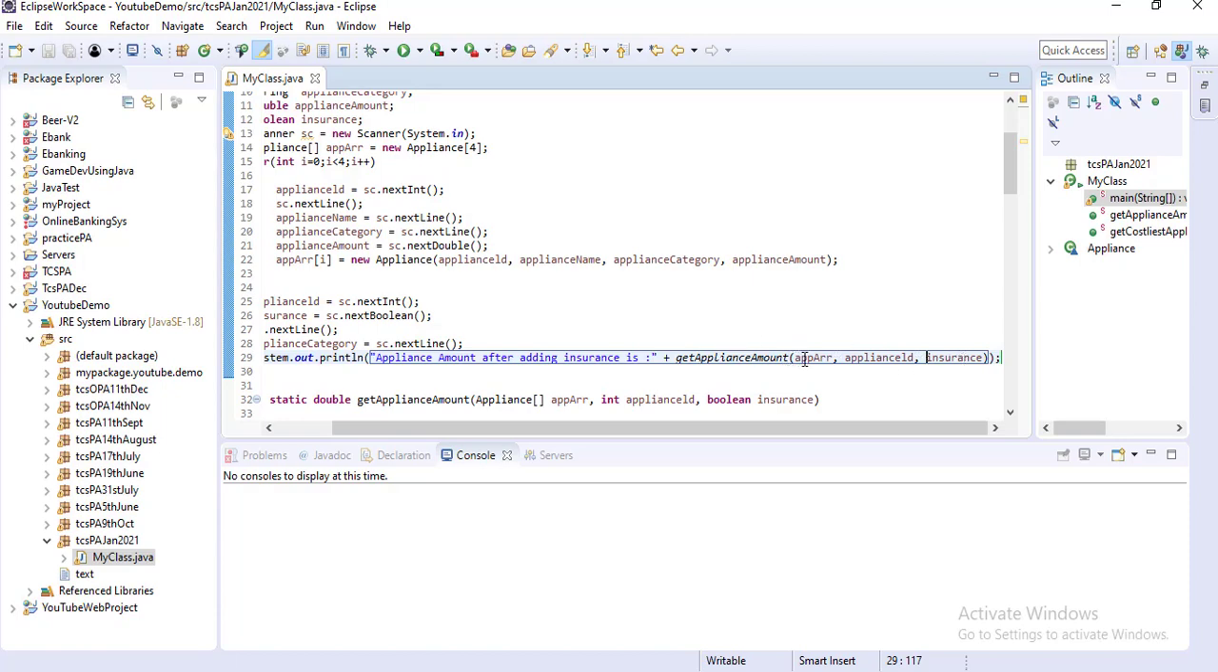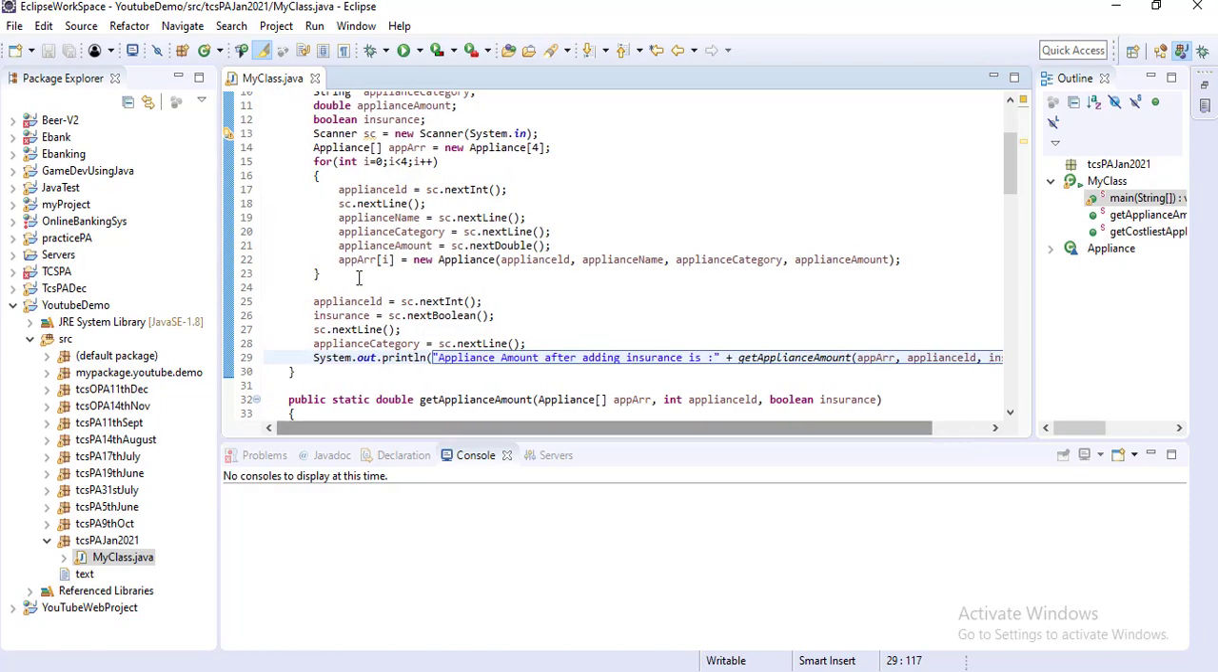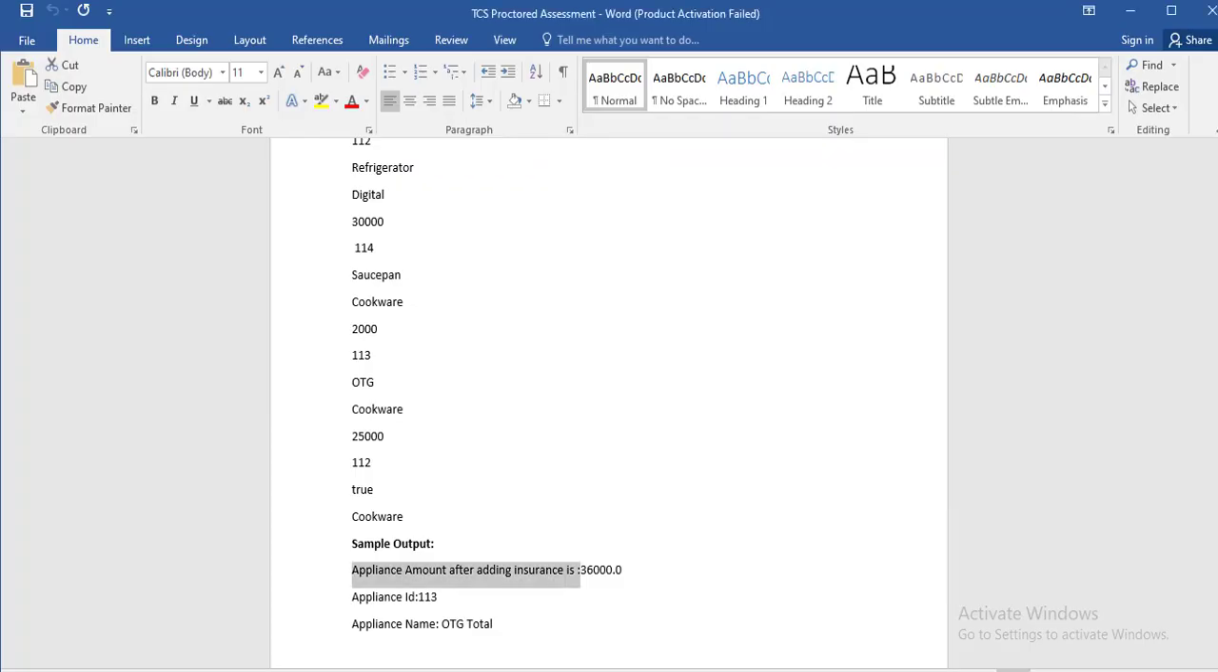And next, you need to print the appliance ID and appliance name. Okay, for the second method. So for the second method, what it will return, basically the second method will return one array, no, sorry, one object of the appliance. So for that what we'll do,